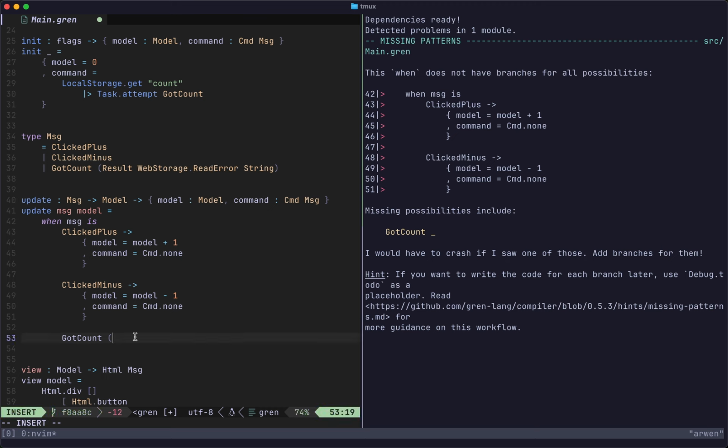So I'm going to create a pattern that matches specifically on the OK case, where I know that I have a string, and that string is going to hold my count. Now I can update my model with this count. However, it is a string, and my model expects an int. So I'm going to say string to int,